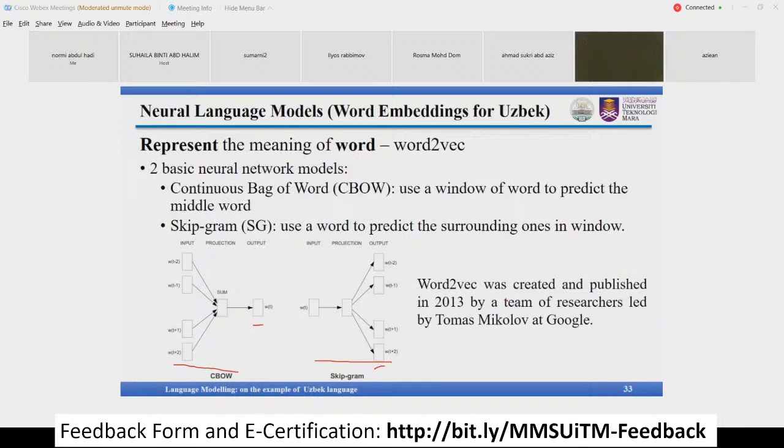I can see here that CBOW and skipgram use different architecture, right? And from your result, you mentioned that skipgram is better than CBOW if we want to have a lot of data. Is it correct? Sorry, last sentence. Can you repeat the last sentence? I can see here that CBOW and skipgram use different architecture because their inputs are different. Is it correct? Yes, correct.